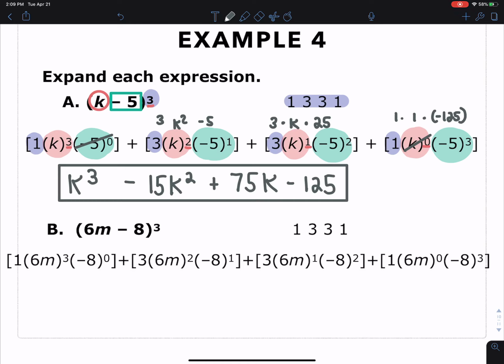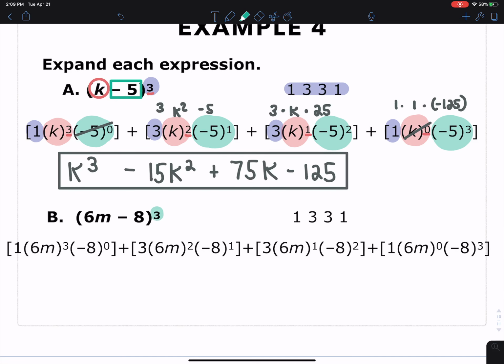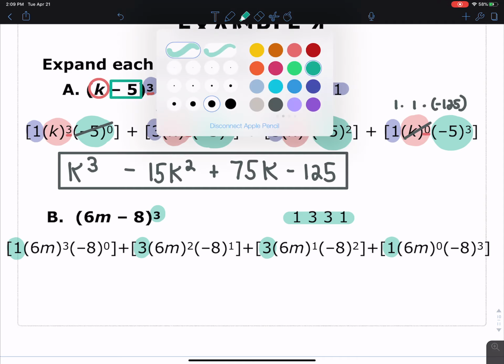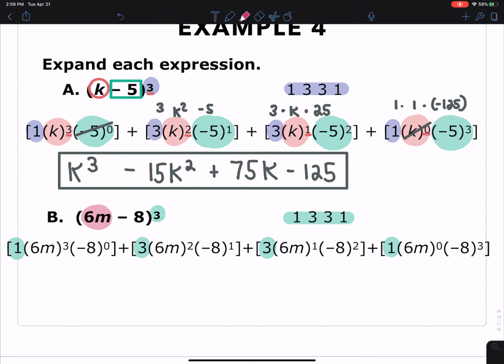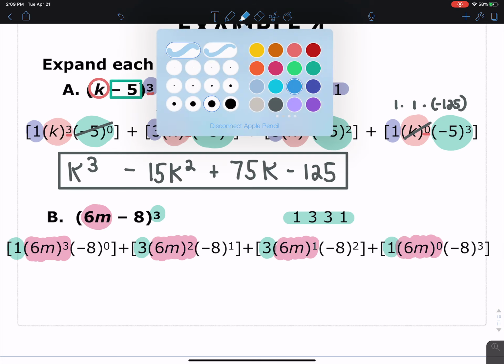And again, you can kind of see the same thing is going on. This one we're raising to the 3rd power. So our coefficients are 1, 3, 3, and 1, but our expressions are a little bit more difficult in this case. So our variable term is 6m, and we start with 6m to the 3rd power, and then 6m to the 2nd power, and then 6m to the 1st power, and 6m to the 0 power. So start with the highest exponent and drop down 1 each time. And then we have -8,